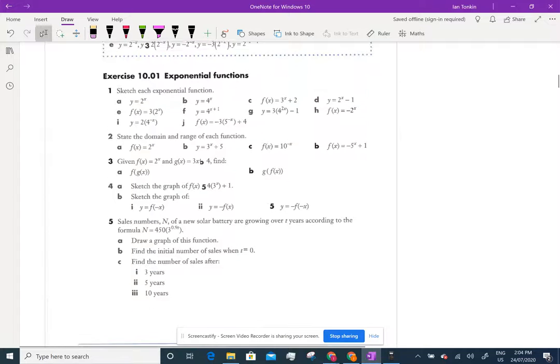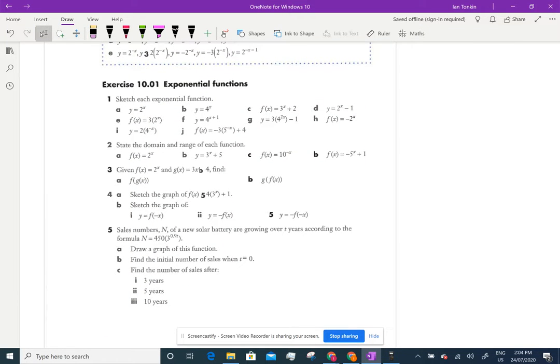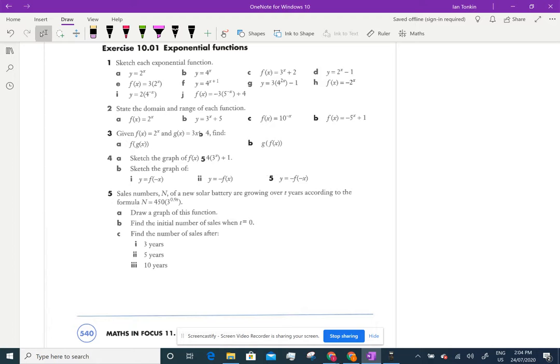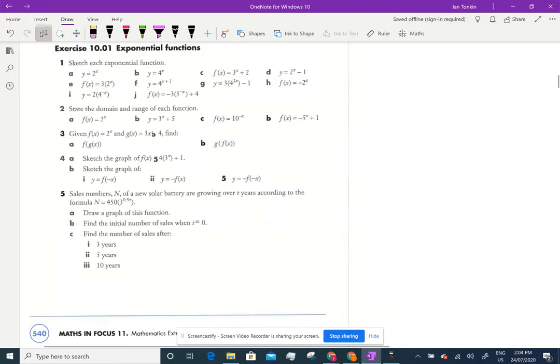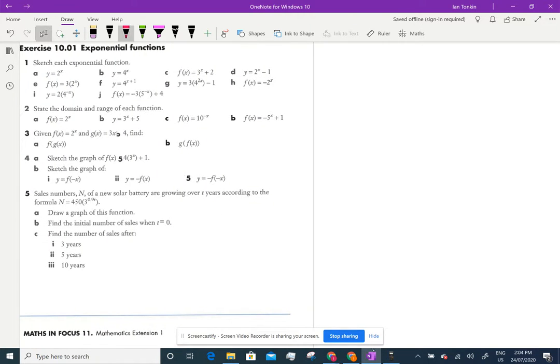Okay, year 11, I'm just going to go over exponential functions and drawing their sketches of these curves, and then also I'm going to do a little bit on Euler's number. So we did these in class. I particularly wanted to look at questions 3 and 4. So if I have a look at question 3,